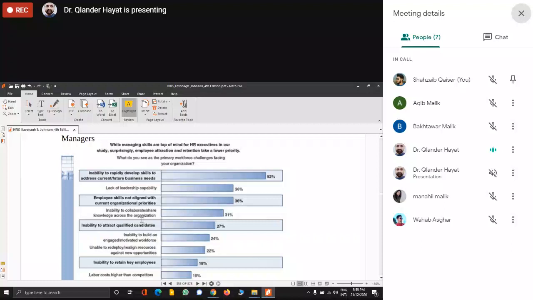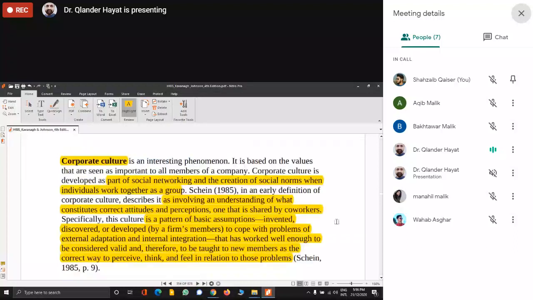These factors have this percentage playing a role in talent management. So this is an interesting phenomenon, and this phenomenon is based on the values that corporate culture is basically a part of social networking and the creation of